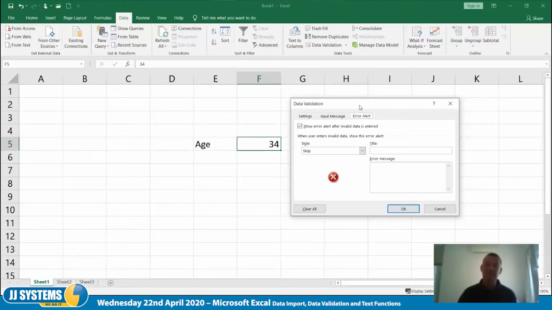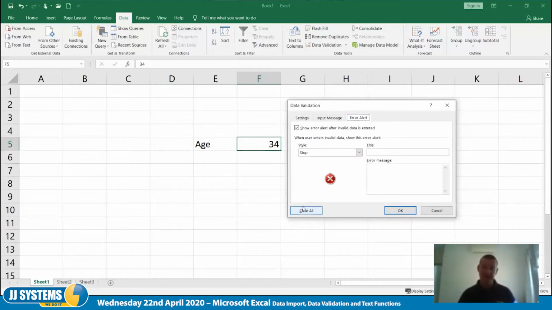By default, the error message that comes up is pretty unhelpful. It's just a kind of almost crash style error message. I did say I was going to do this in depth later, didn't I? Anyway, I'm going to roll on now, so I'll carry on. So what I can do is change this from just being a stop, screech kind of error message to something more useful. So now I can just put in a title of age, and then here I can put